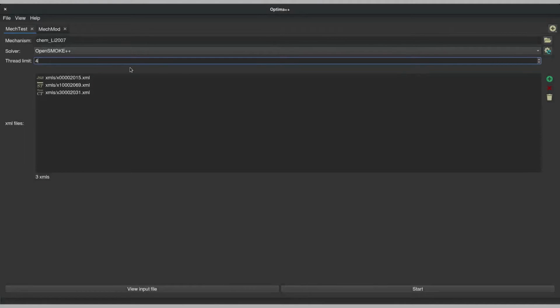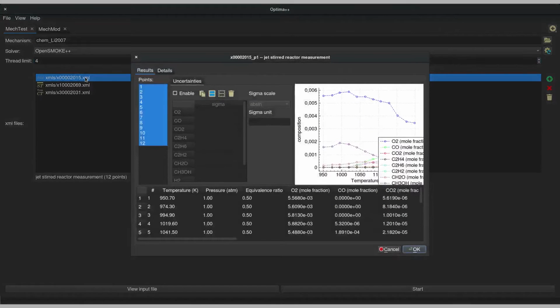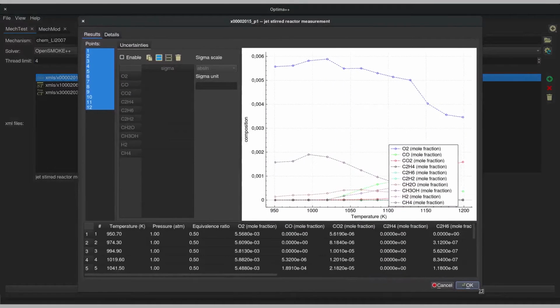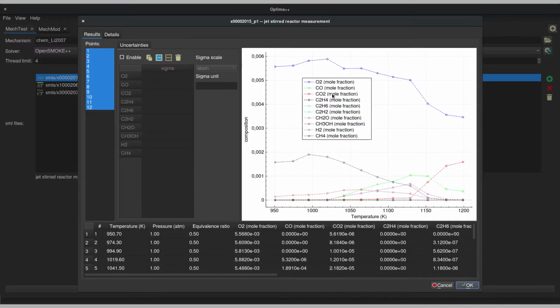The first file is a jet-stirred reactor measurement. If I double-click on the name of the XML file, a new window will pop up where we can get some information about the data stored in the file. In the point list, we can select which points will be simulated.